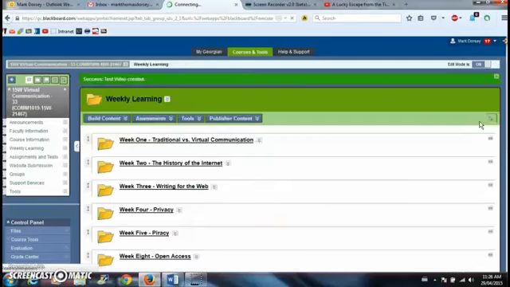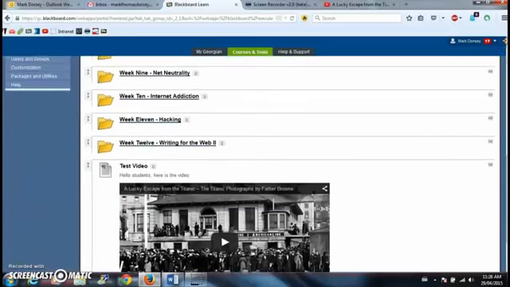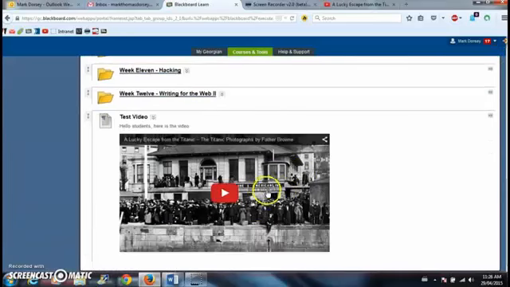It takes a few seconds to embed it. And we're going to have it at the bottom here. So now you can see the video. They can actually watch the video in Blackboard. They don't have to go to an outside link. It's going to save you a lot of space in your Blackboard shell as well, because it's an embedded link. It's not directly into Blackboard, so it's going to